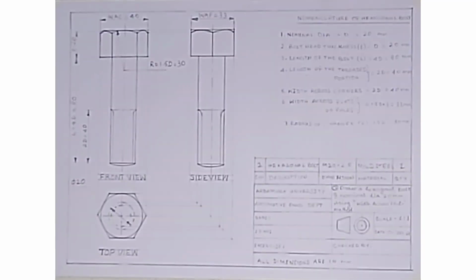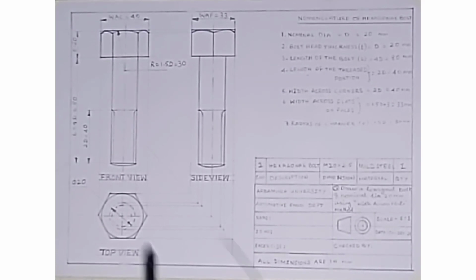Now you can name the views, draw the names and dimension the views. If you draw the names and dimension the views, then the drawing is completed. And fill the bill of materials column and title block rows, then the drawing is completed. Okay, now the view names are written, the views are dimensioned, the title block and bill of material are filled, title column fields are filled. So now the drawing is completed.